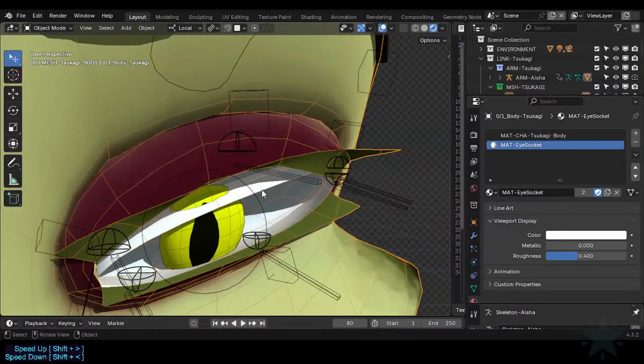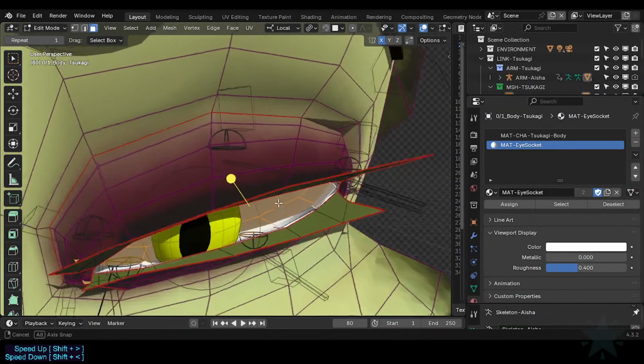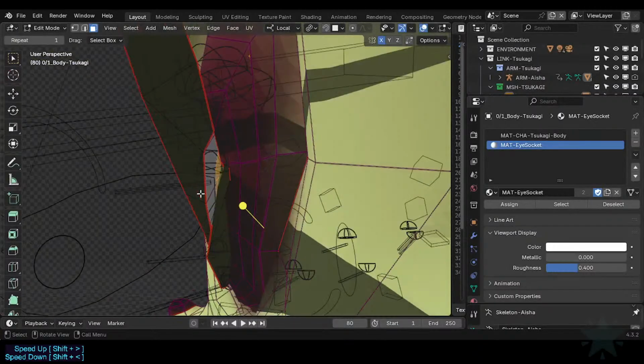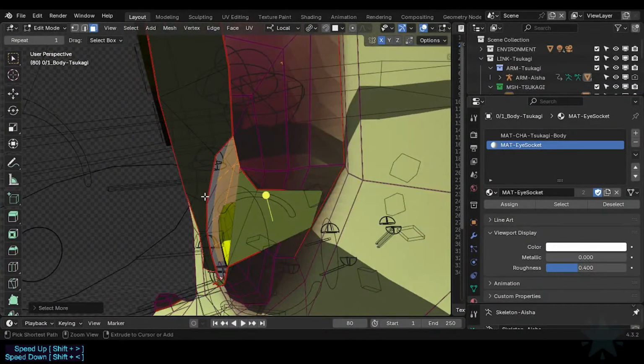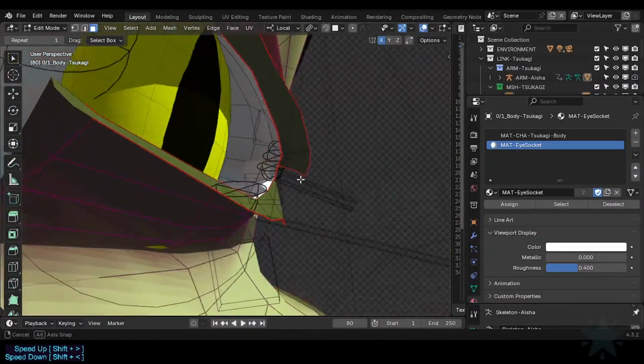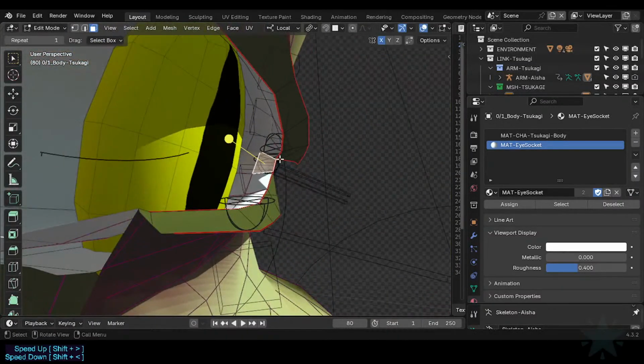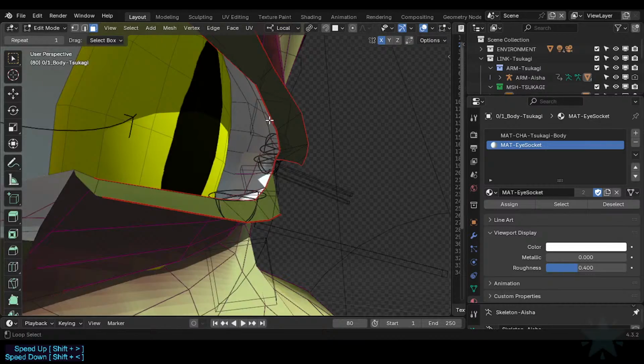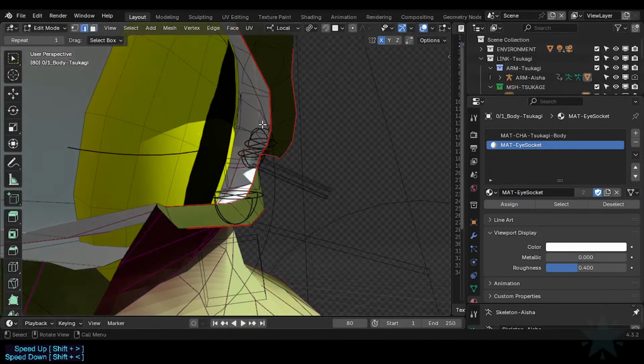No, what? Oh, this mesh is disconnected, right? No? Oh yes, yes. So you have some questions here. No, there is a mesh here. Alright, so